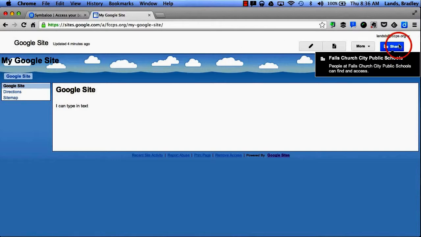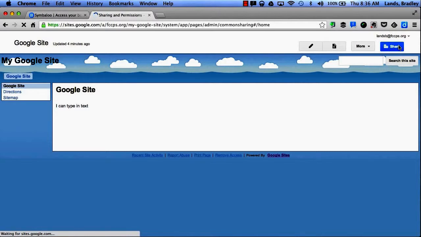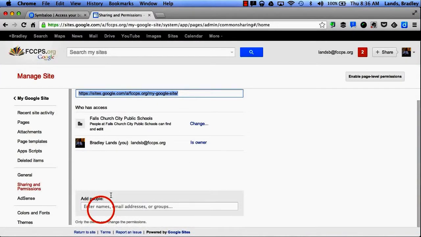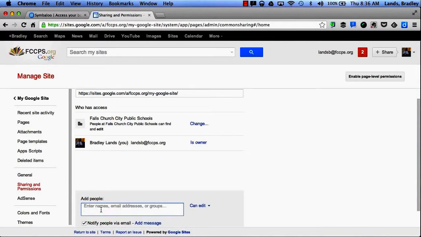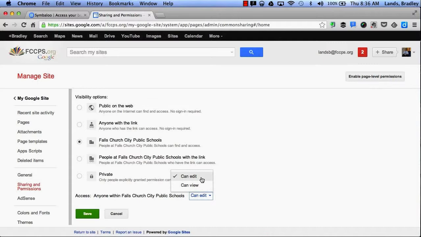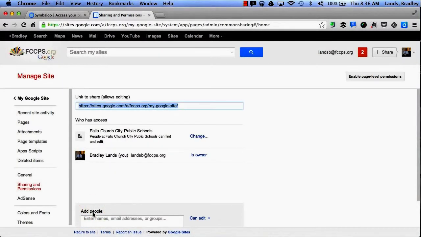I can change my theme at any time I want if I feel like I want to change it. Finally, if I click Share, this will allow me to share and give different access to the people who I choose. I can add specific people's names here, and I can also change who is allowed to either view or edit my site. I can choose to have anyone with the link either view or edit, or I can make it completely public on the web. And by clicking this button, it will allow me to change the settings of who can either edit or view my site. Now, I'm going to click Save. I'm going to go back to my Google site,